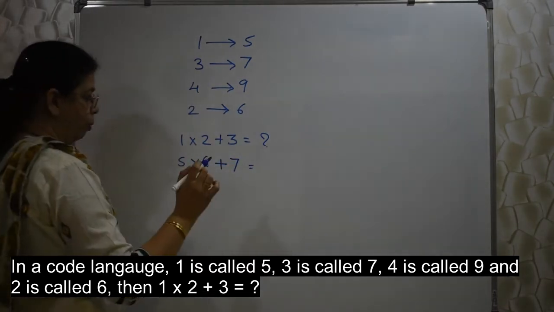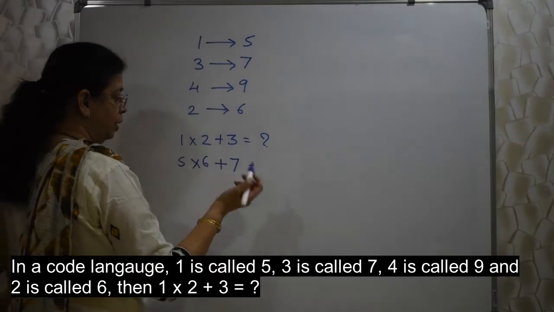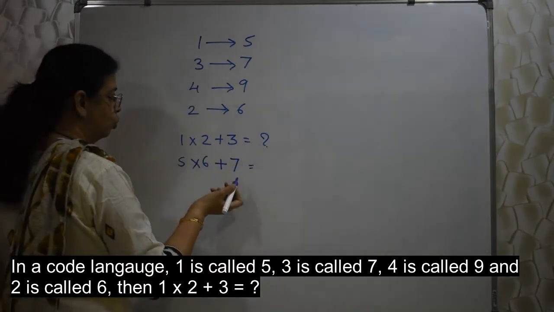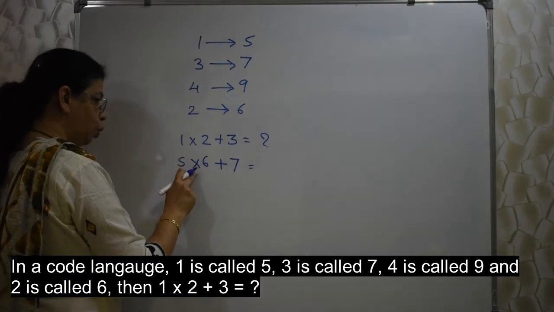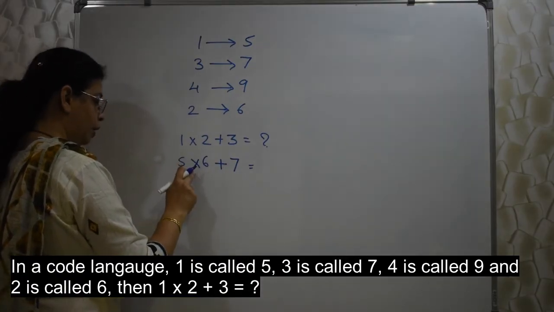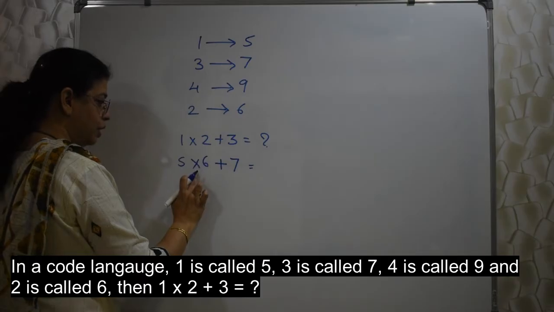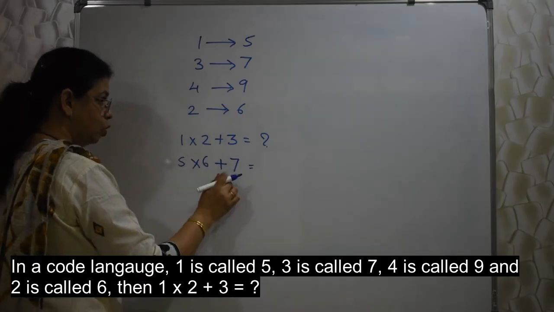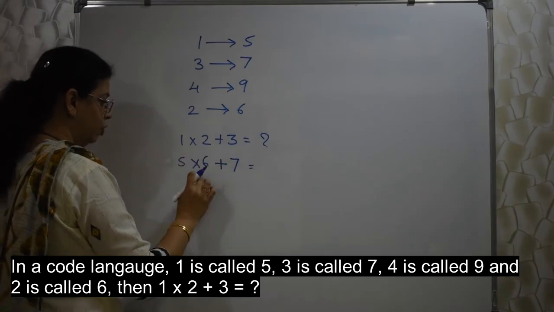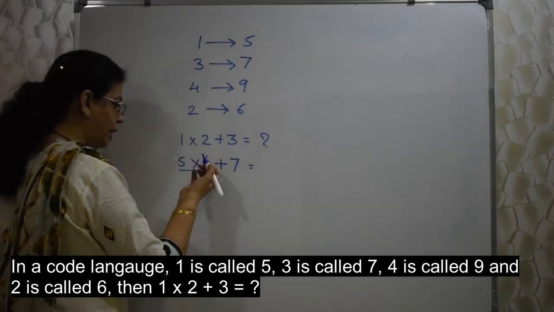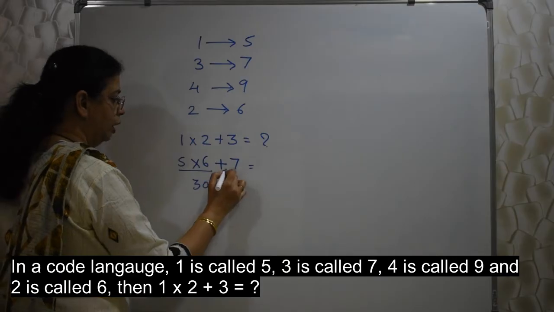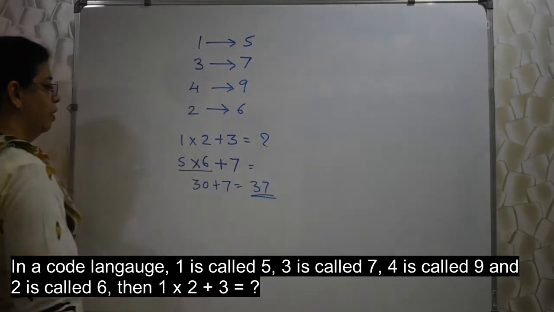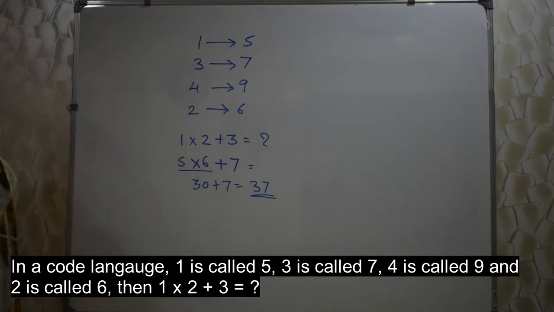Students, BODMAS, whenever multiple operations are involved, you must use the BODMAS rule. So here luckily into is first, but sometimes plus is here and into is here. Into means multiplication. Into has to be done first. Okay. So here it is first, so there is no tension. So 30, and then we should add this 7. So 37 is our final answer.